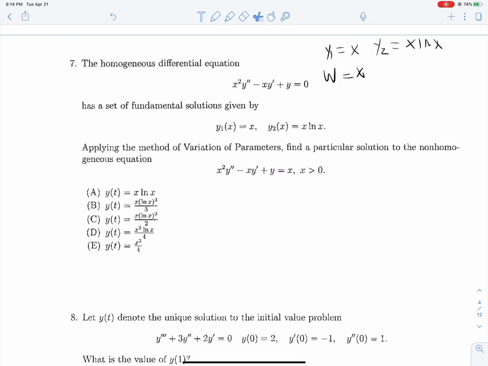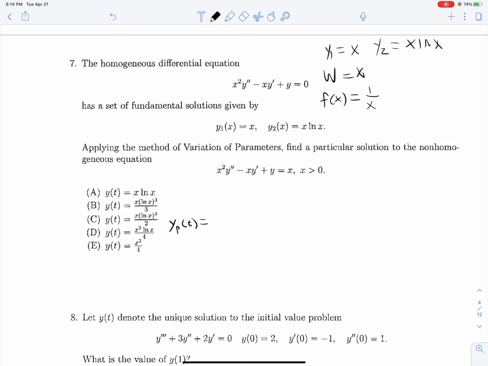Here we go. And the final term that we need is f of x, which is our right-hand side, as long as we've divided out all of the coefficients on y double prime. So dividing by x squared, we see that f of x is, not 1 over x squared, 1 over x. So then we know that yp of t